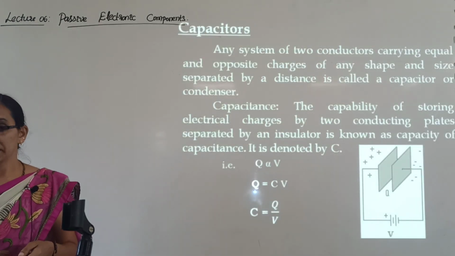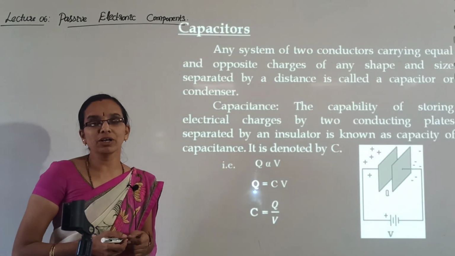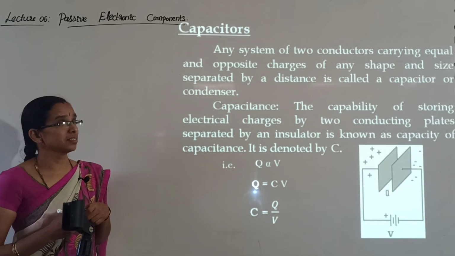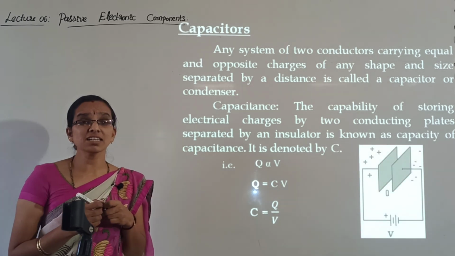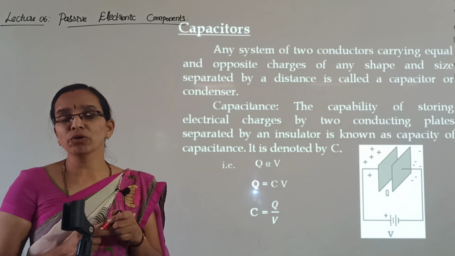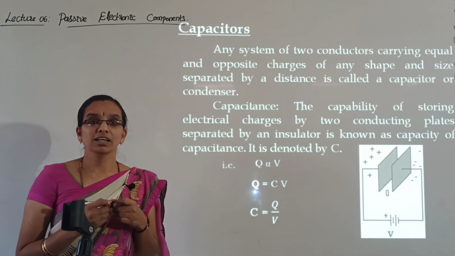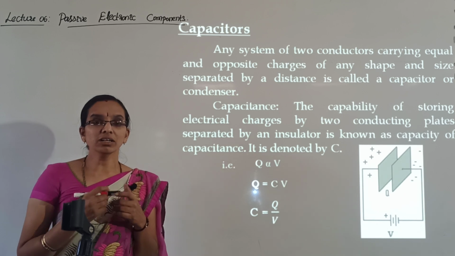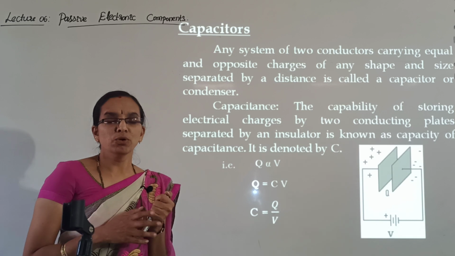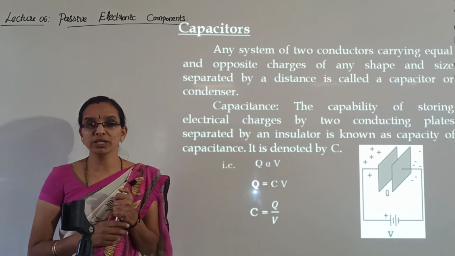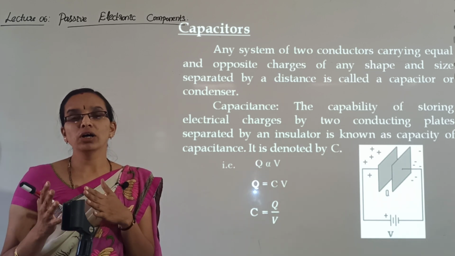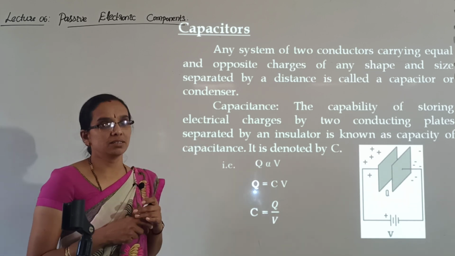Next topic is the passive electronic components. We have completed resistors. The next one is capacitors. What is that? Capacitors are the second most used passive electronic component in electronic circuits. When you go for an electronic circuit, the resistor will be the most basic passive electronic component used. And the second most common electronic component you will find is the capacitor.